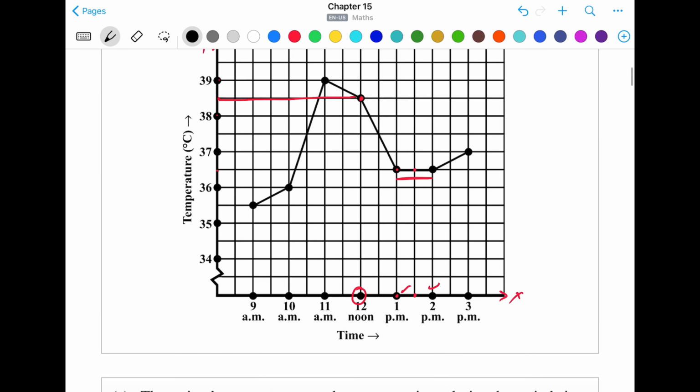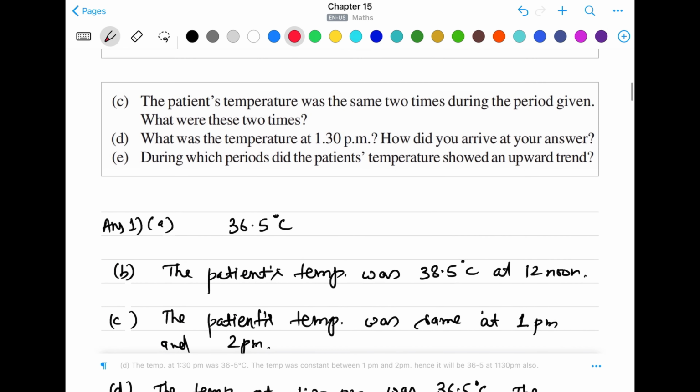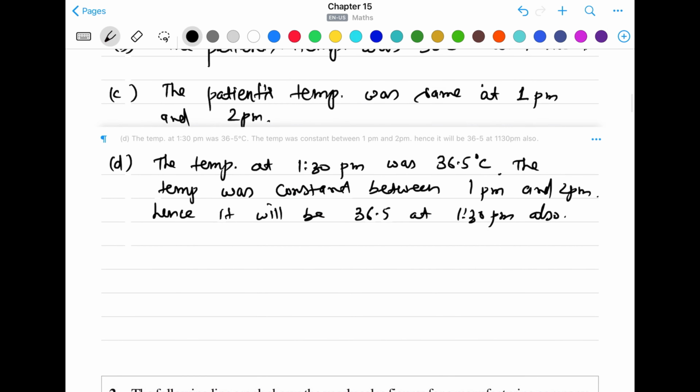Okay, now next is during which period did the patient's temperature show an upward trend. That means during which time the temperature has increased. So the first temperature has increased between 9 to 10 a.m. and it again increased from 10 a.m. to 11 a.m. and it decreased and then remained constant. Then in the end from 2 p.m. to 3 p.m. it also increased. So the temperature shows upward trend 3 times. So we'll write the answer for part E is